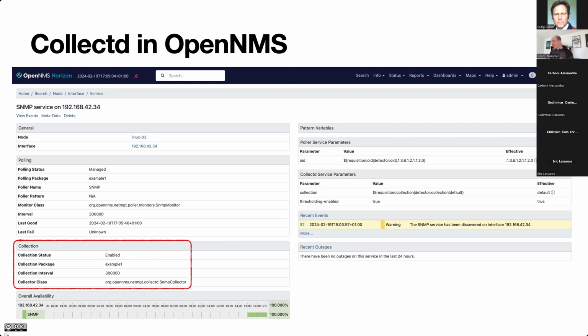Yeah, no problem. But it's important to understand that's just about whether the SNMP agent is alive for the Polar. And we use the same service for data collection, which is about what objects or what metrics we want to collect.